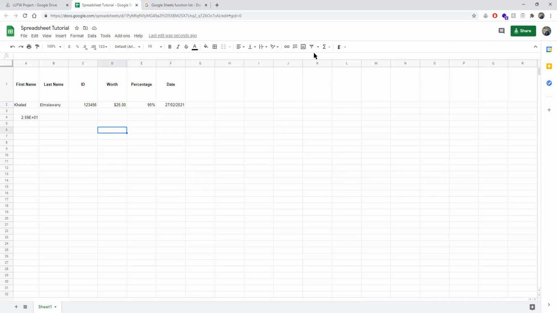Now, a few other things to note is filters. So let's say I have multiple names. So random names like this, random values for all of these, and then